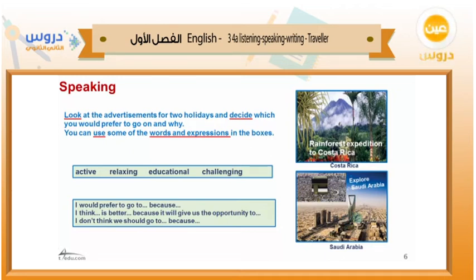You can enjoy fishing. You can go to some islands on the Red Sea. You can explore the sand dunes. You can camp in the desert. You can find out about some oases and some desert animals, like lizards, like snakes, like some wild rabbits, and so on. So that was just some kind of speaking.